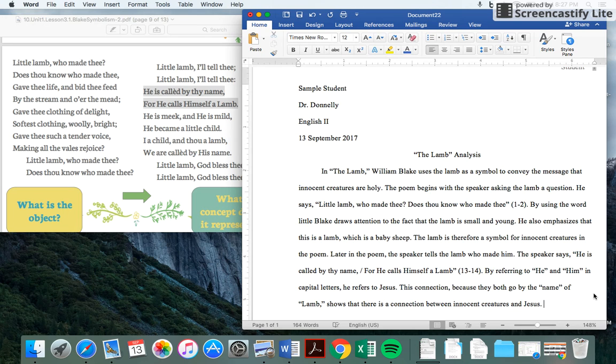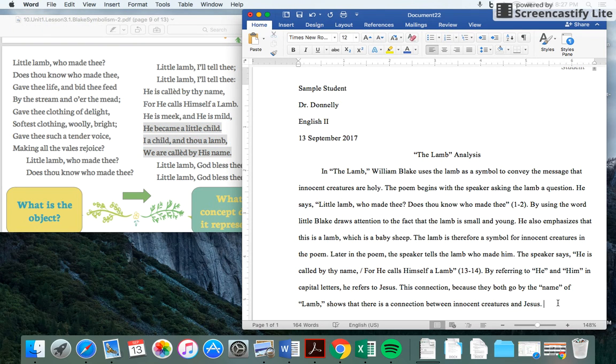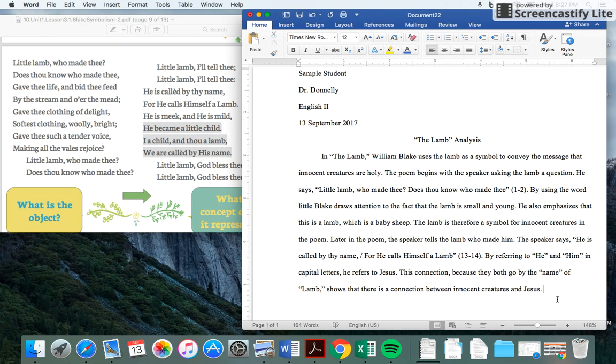Okay? Right? I could develop this a little bit more and talk about also this, he became like a child, I a child, and thou a lamb. We are called by his name. That would be a way to even further develop this paragraph. But right now, I have a pretty good basis of establishing that symbol and what he symbolizes through my analysis, right? This is all analysis, right? And then also establishing that connection between the lamb and Jesus through this quote and then this analysis. So now I can just